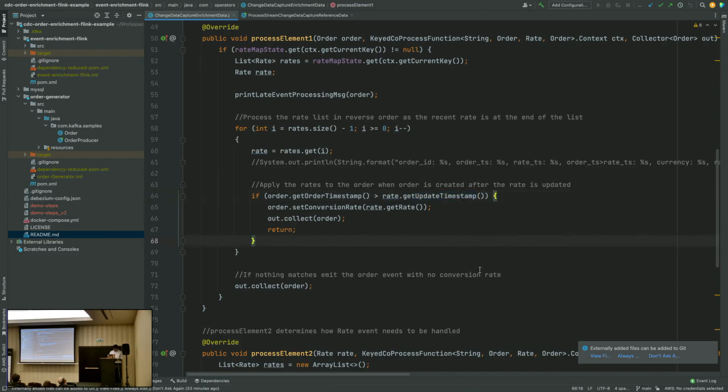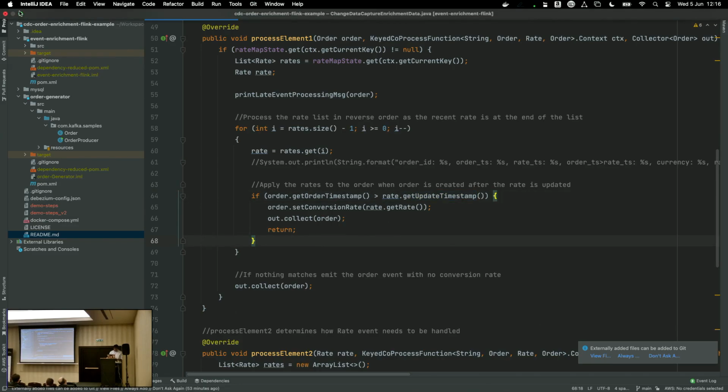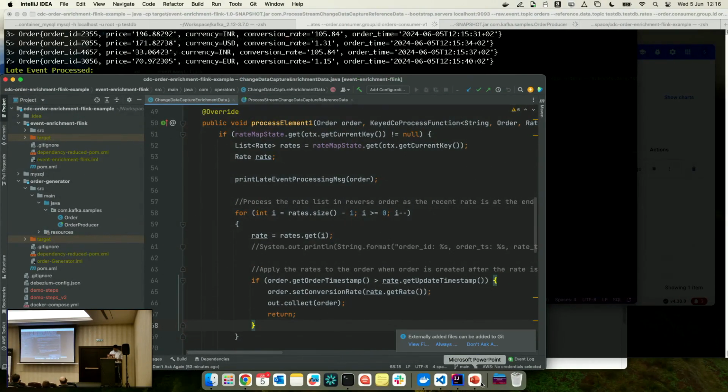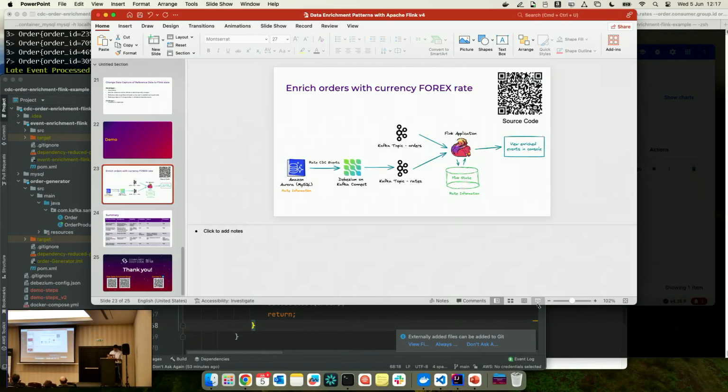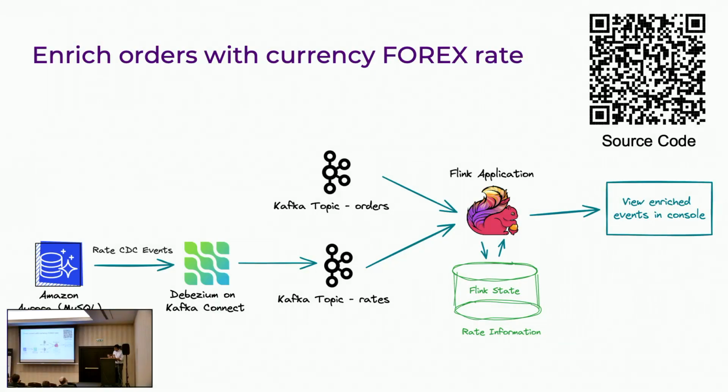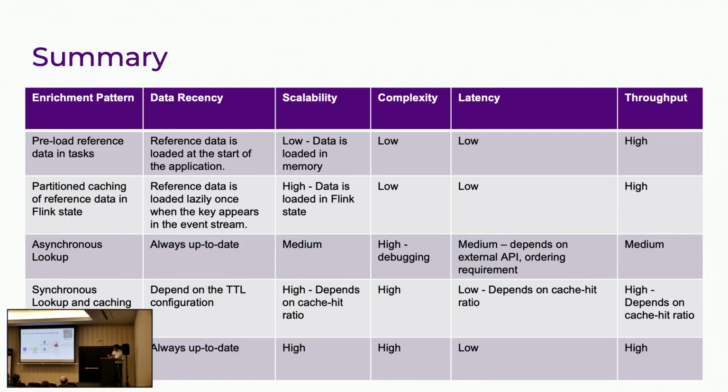So that's all about the demo. Let's go back to the presentation. I'm quite towards the end of it. This is a summary slide which shows how these different patterns compare across different aspects: